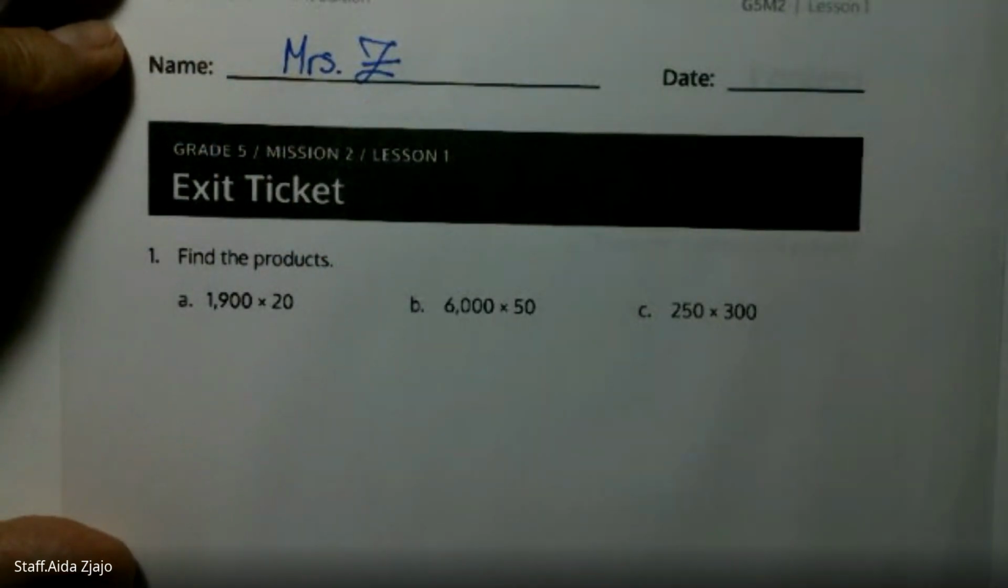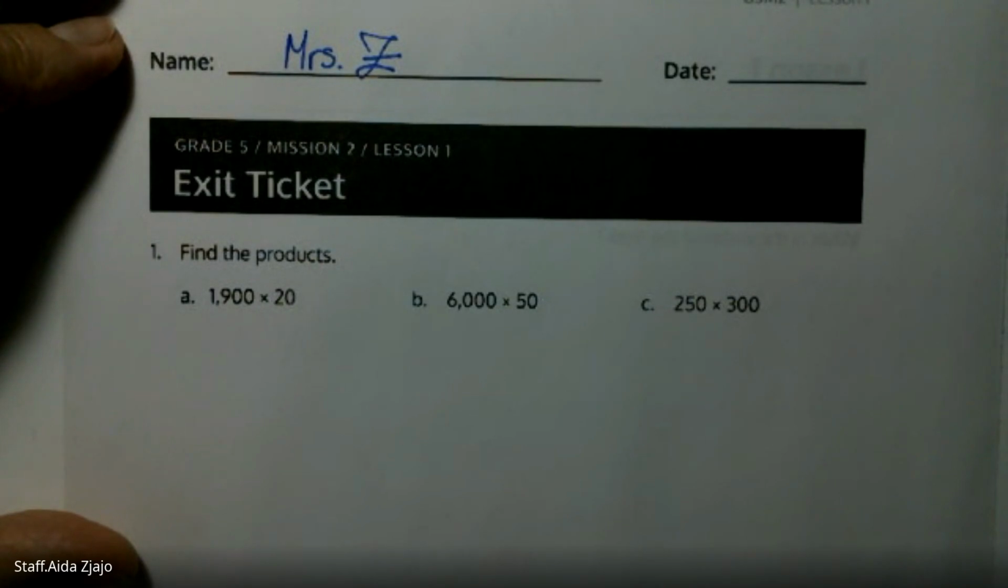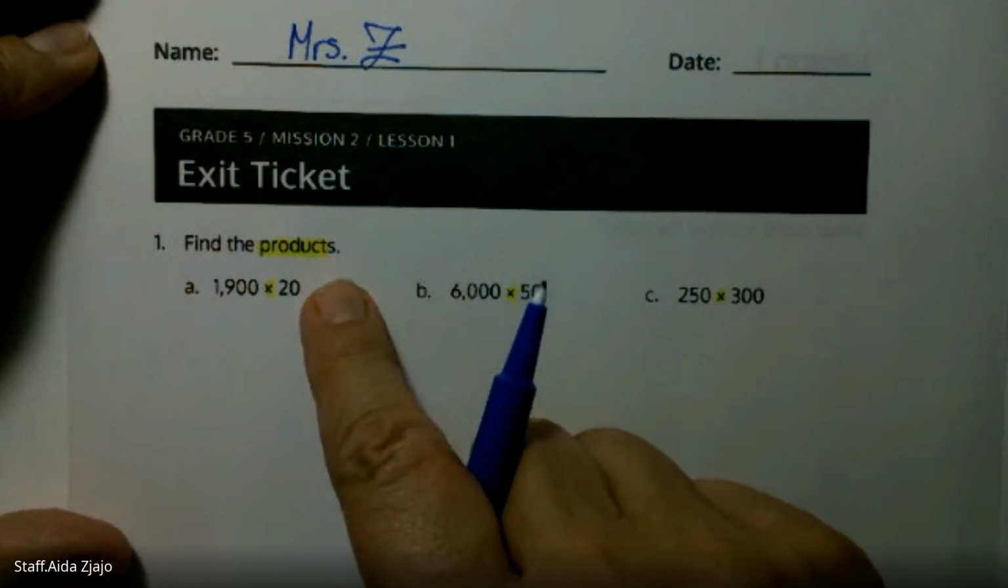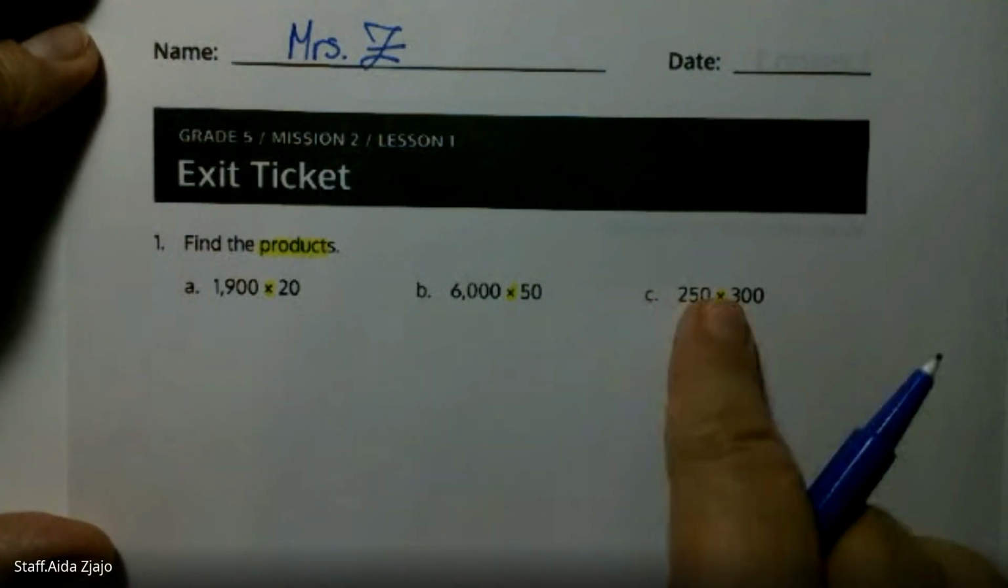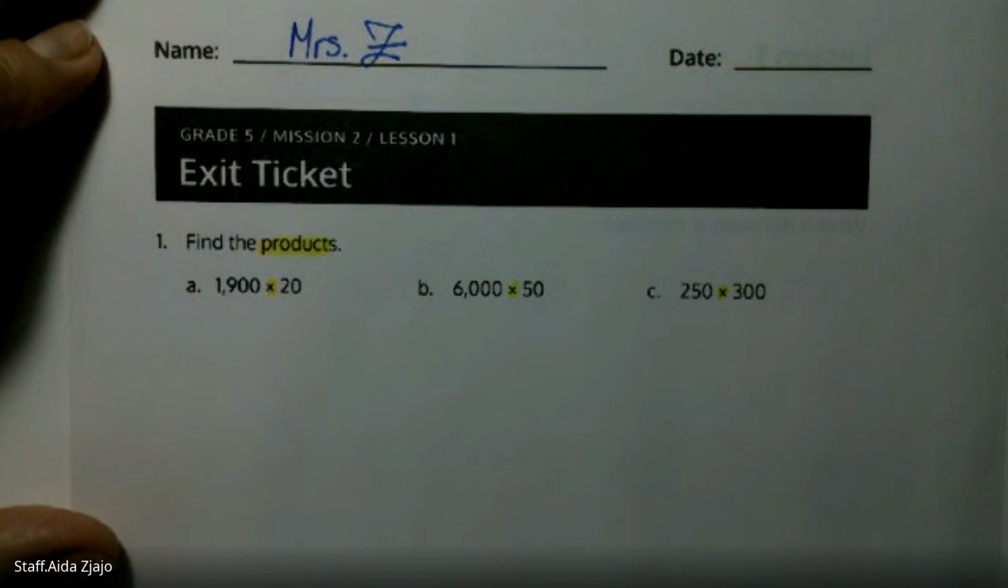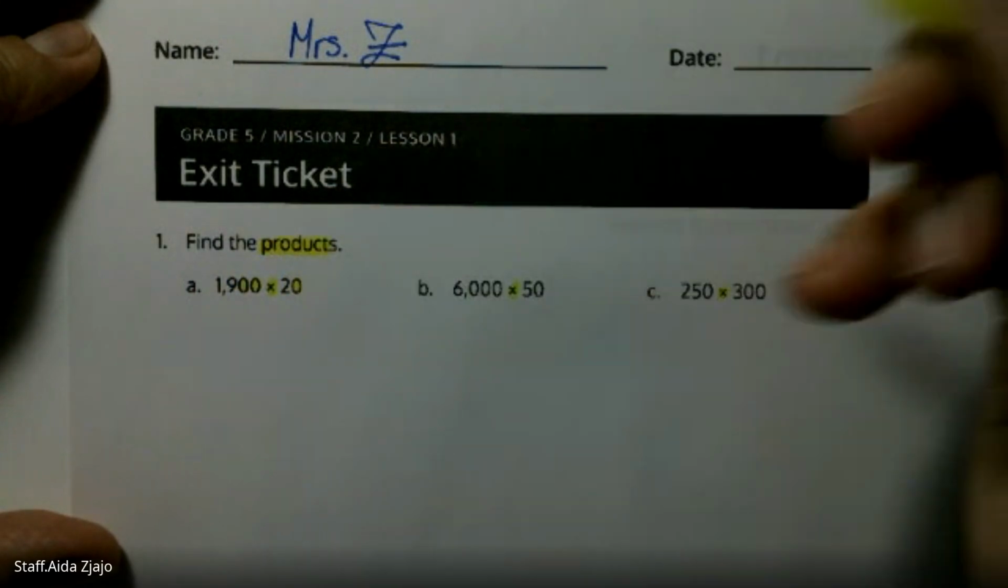Okay. Today we have a grade 5 mission to lesson 1 exit ticket. Find the products. Product means solution for multiplication. So this is the multiplication symbol, and our problems will be multiplication, and our solution is a product for these. Okay. So when we see that numbers on both sides have zeros, that means that we have involved